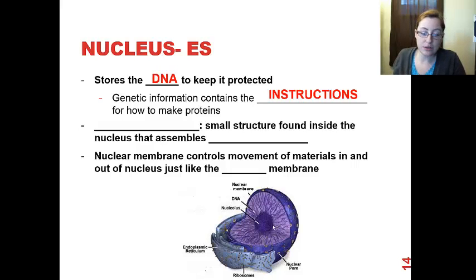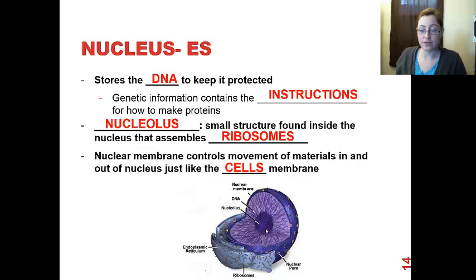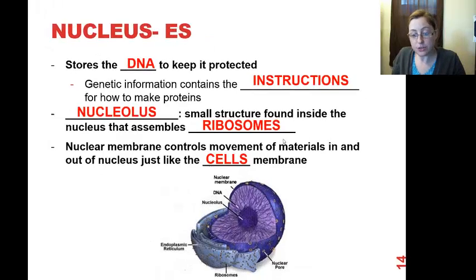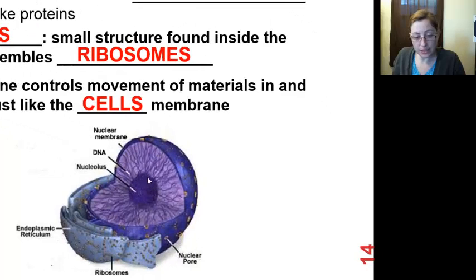Also inside the nucleus, we're going to have a small structure called the nucleolus. I know some of these words are weird, but just get used to them. Try and practice saying them too. And its job is to make ribosomes. And the nuclear membrane is going to wrap around the outside of it, and that's going to help control what moves in and out of a nucleus, just like the cell's membrane controls what moves in and out of the cell altogether. So if we zoom in here, alright, this dense part in the center, this is the nucleolus where